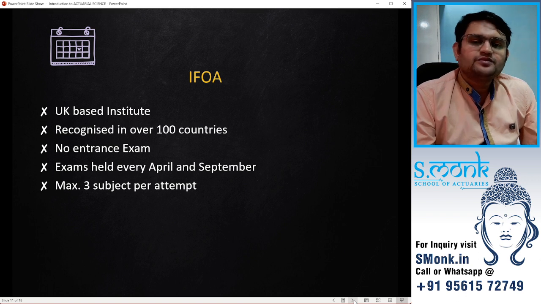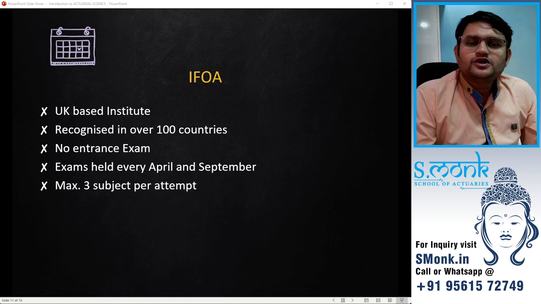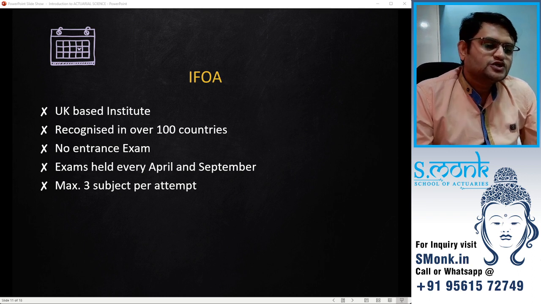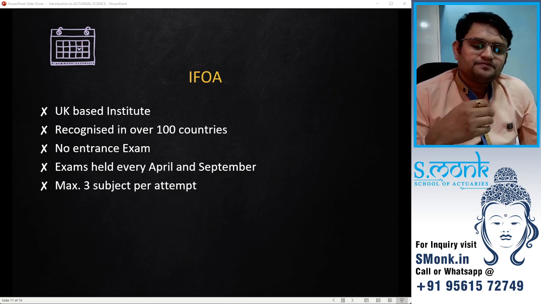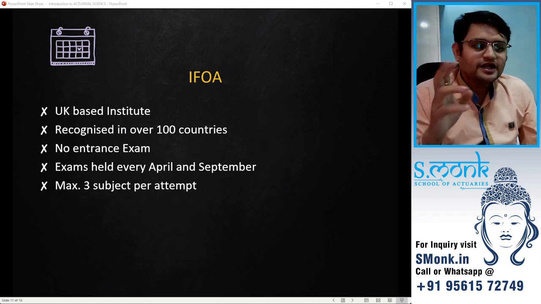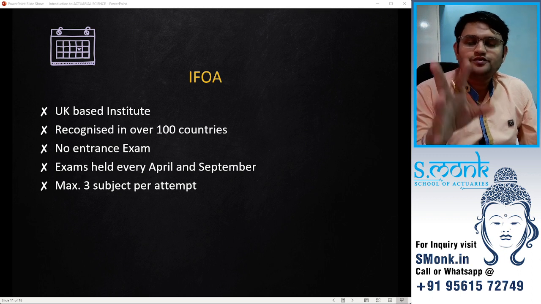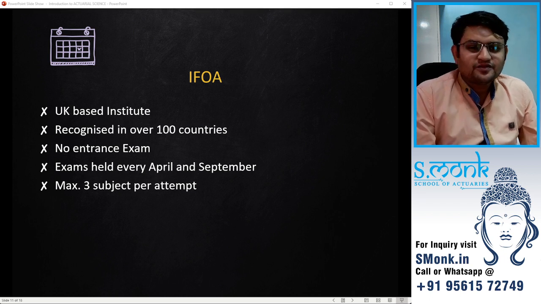Maximum 3 subjects per attempt. This used to be a requirement, but they have removed it. You can give any number of subjects in one attempt. That means in April, if you want, you can give all 13 papers, but of course nobody would be able to study for all of the papers, right? So we always recommend, especially when you are studying something else, like you are in college or you are working, that each attempt give only 1 paper at the beginning. Then depending on your own knowledge, how much you can study, how much the subject is difficult, you can give multiple papers later on. But at the beginning, I would always suggest give only 1 paper at a time.